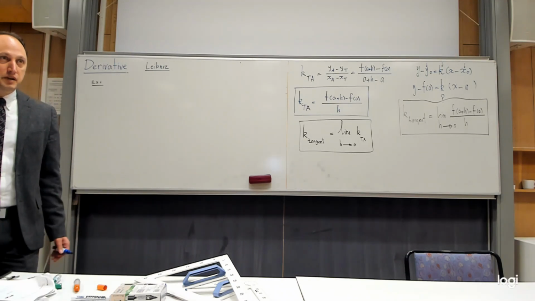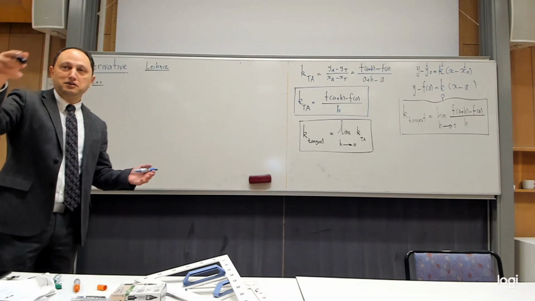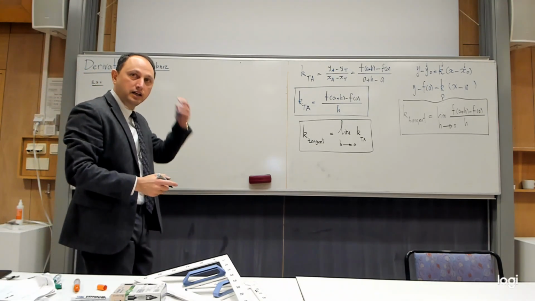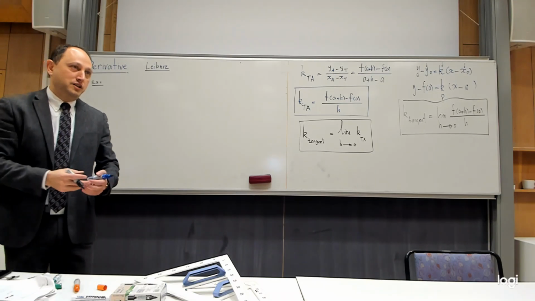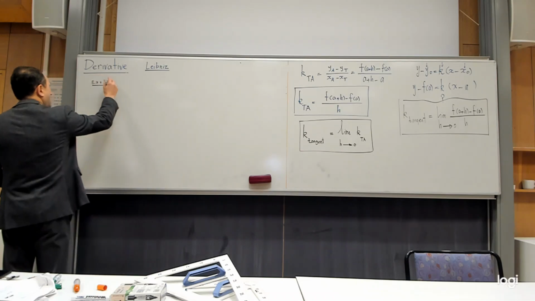x squared is probably the best option, because if I choose f of x equals x, then it becomes a straight line, and the notion of a tangent to a straight line doesn't make that much sense. If I want to increase the level a little bit, then x squared is probably the best option. Yes? So let us start with that one. I would say, consider,